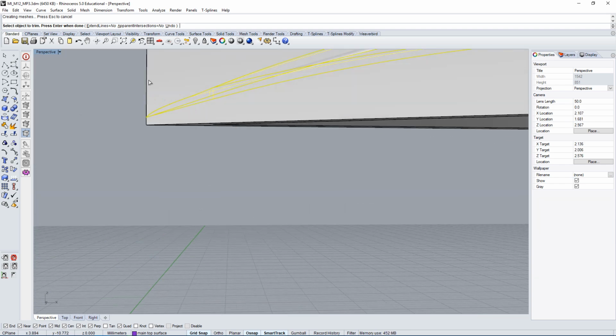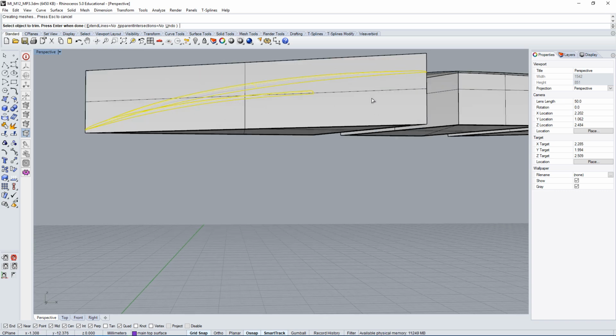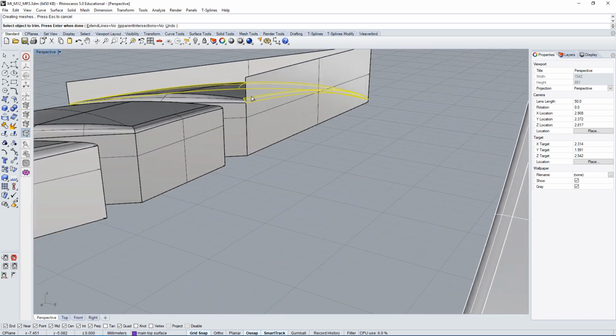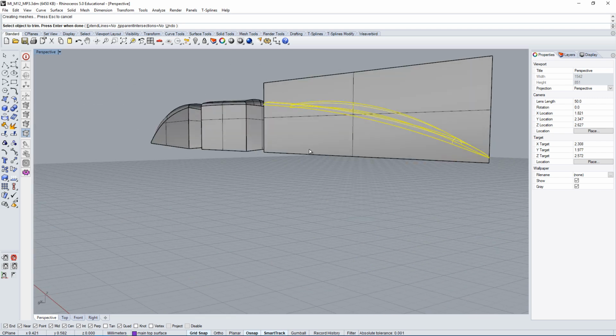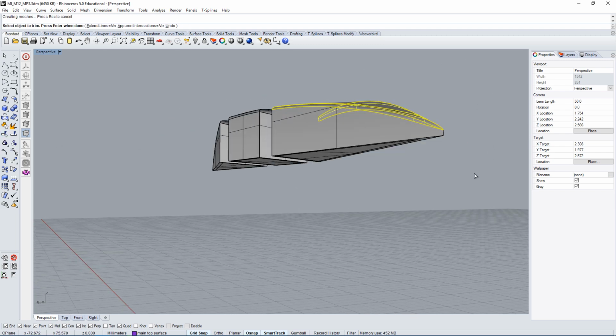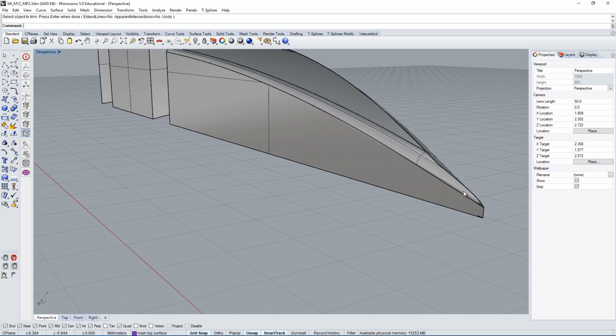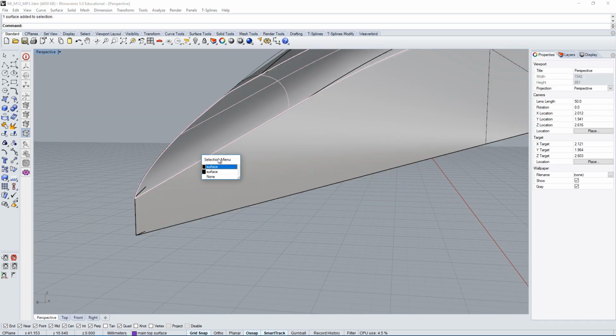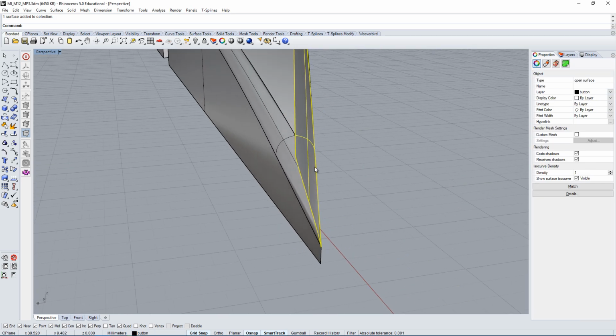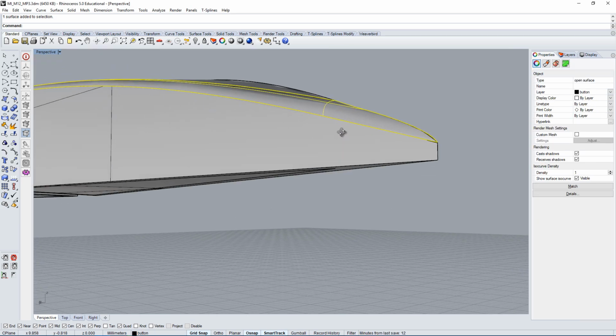What else do we need to do? So we need to trim both of these surfaces, and they look like they match on the backside, so that's going to make our life much easier. So we can use the same settings again, use the trim command, and trim this and that. Okay, escape, and now we have these surfaces, and that's the fillet we're looking at.